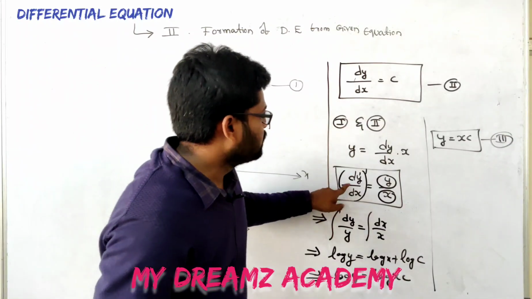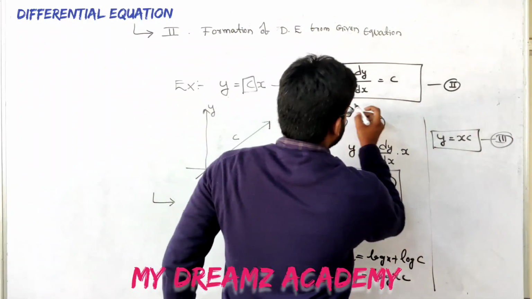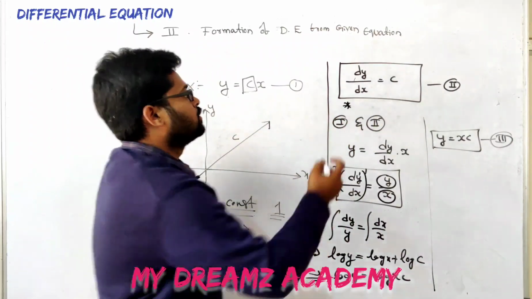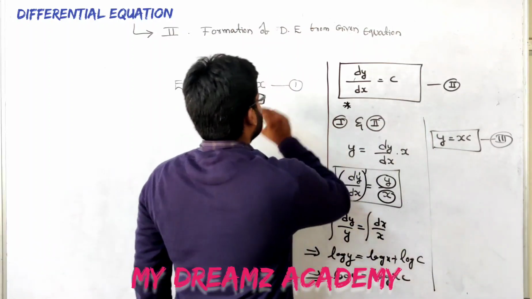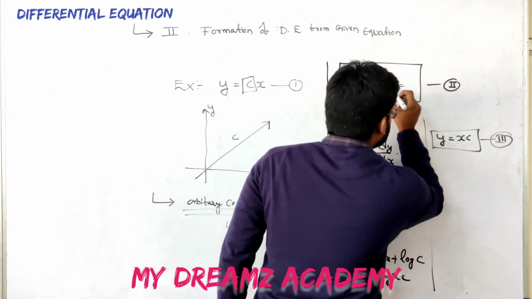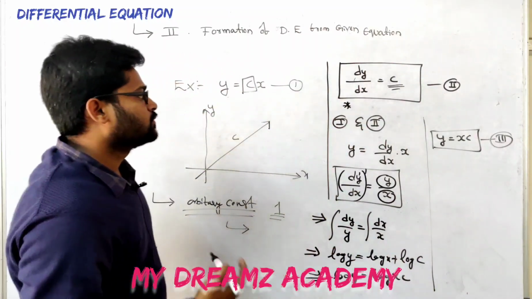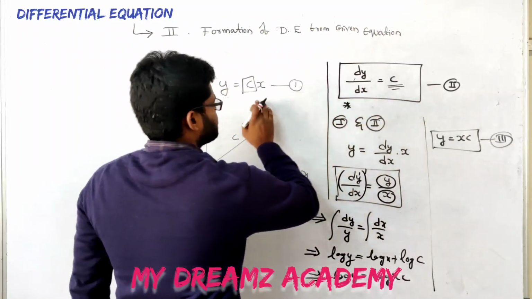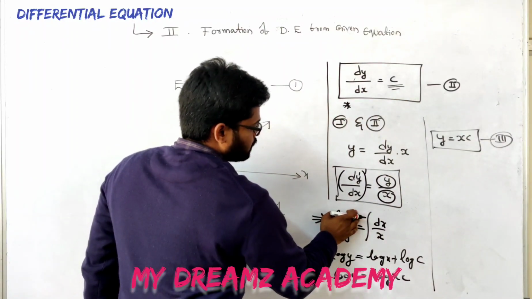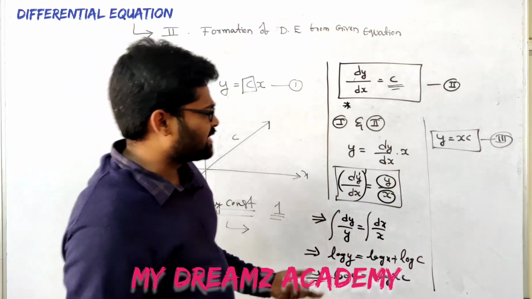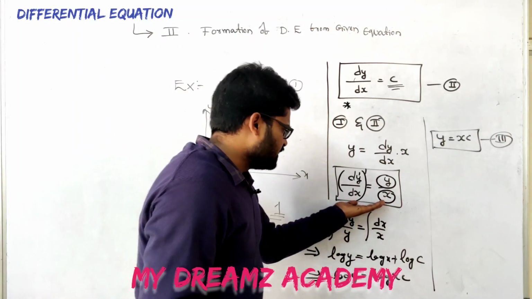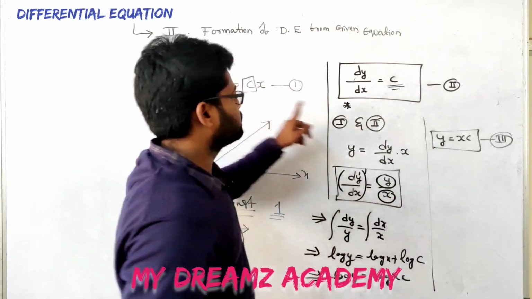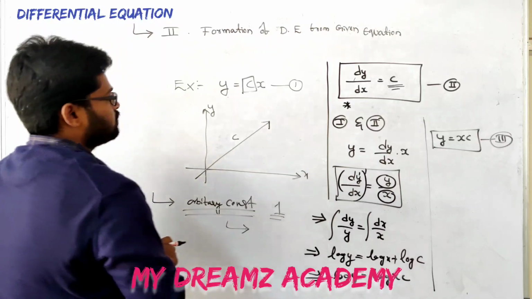So we have solved this one. And one more thing to remember: the second equation is not the solution. Why? Because the solution does not contain any arbitrary constant, and here it contains arbitrary constants. We need to eliminate that. How to eliminate it? You compare 1 and 2 and substitute this equation in this one. You will get the solution. If you want to check whether the given solution is correct or not, just do a simple integration: separate the variables and integrate on both sides. You will get the same equation. Okay. Next, we'll see one more example.